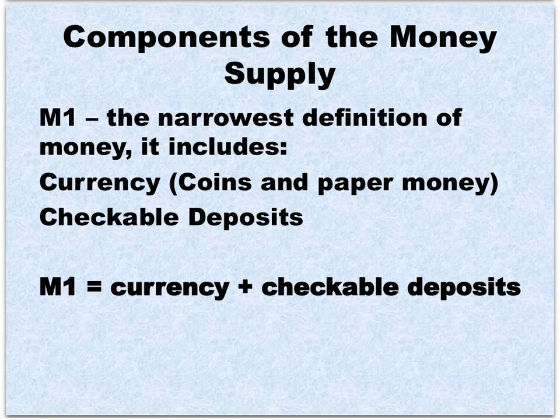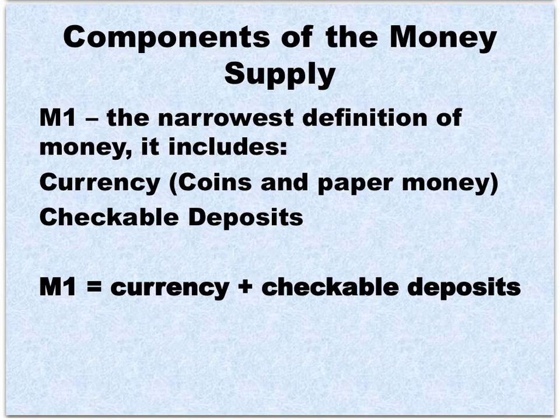Now, the amount of money out there is not as straightforward a calculation as you would suspect. There is another army of economists that figure out how much money is circulating out there, and they have several definitions. The narrowest definition of money is called M1. You'll see this a lot in the press, so it's part of your economic literacy. M1 is only two things: currency, actual paper money and coins, and checkable deposits, meaning the balances in your checking accounts. So currency and checkable deposits.